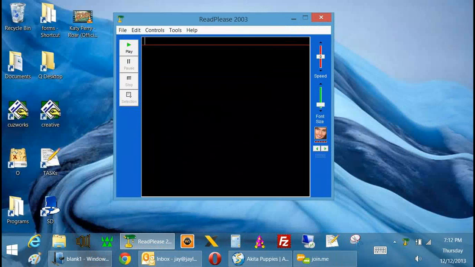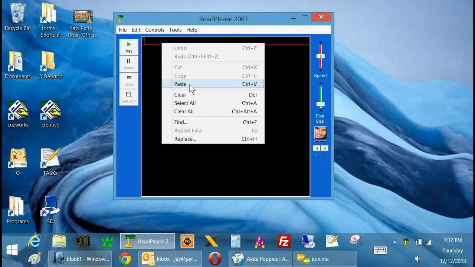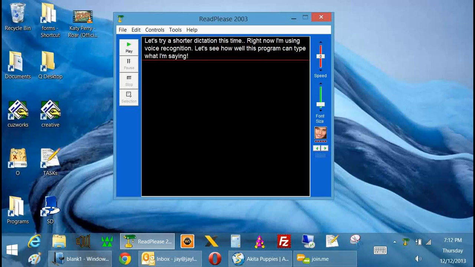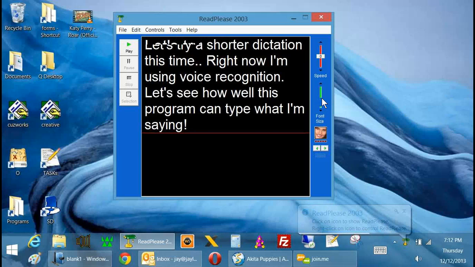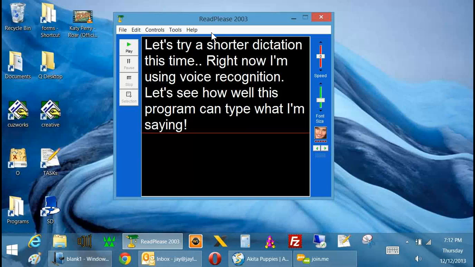Okay, here's Read Please. What I like about Read Please is it has big buttons. You can set the font. See that? Look how big that is. Okay. I like the color, white on black. You can change the speed. You can change the voice. But the coolest thing about this program, you'll see it in a second. Remember when we were kids and we used to watch on TV, they would have a song like a Christmas